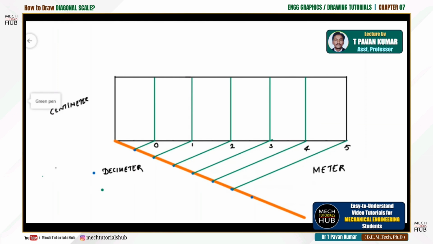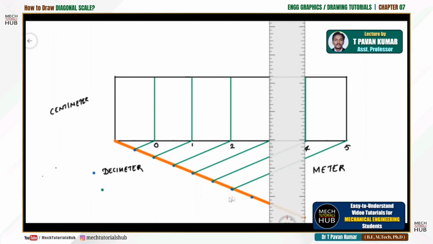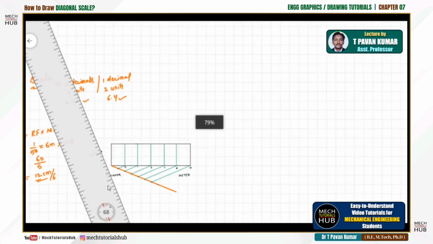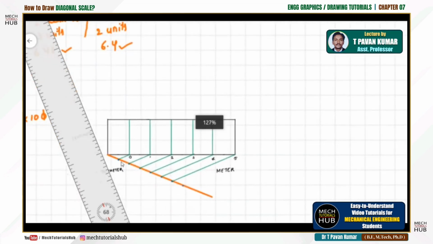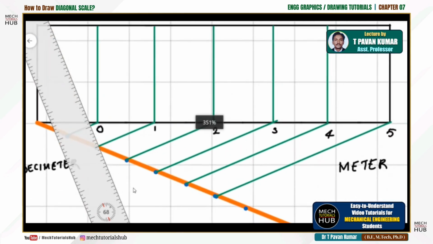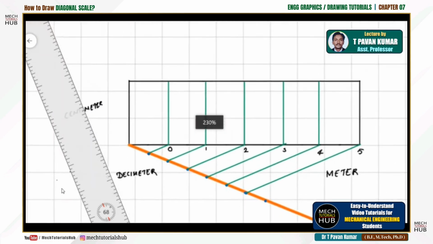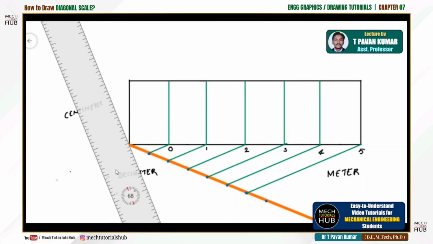Okay, how to divide this decimeter scale and centimeter scale, let us see. Now let me take a scale and divide the first box, which is a decimeter box. I would like to show decimeter divisions on this particular box number 1 or partition number 1. For that again I'll consider any acute angle and draw a line and divide that line